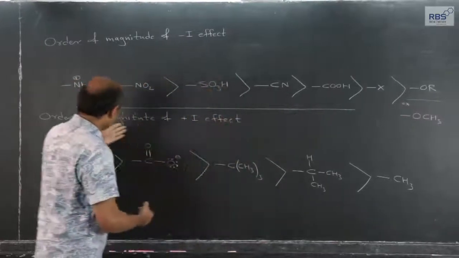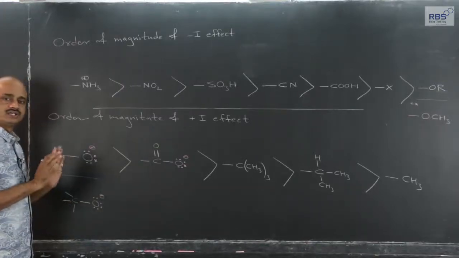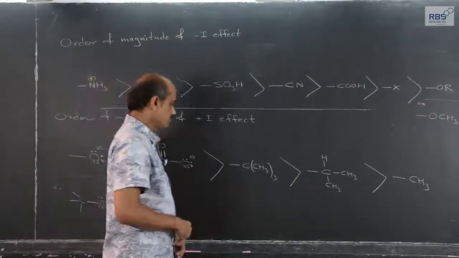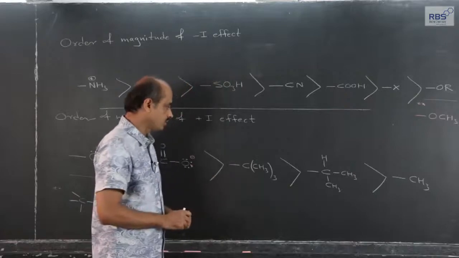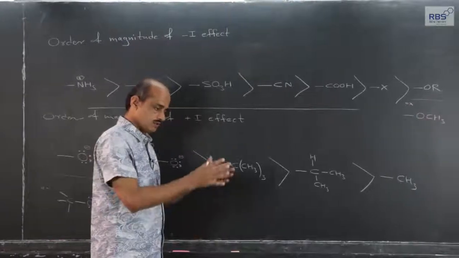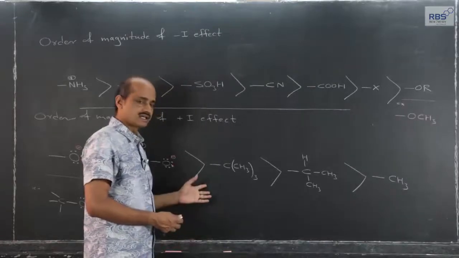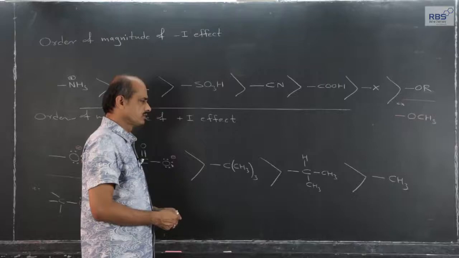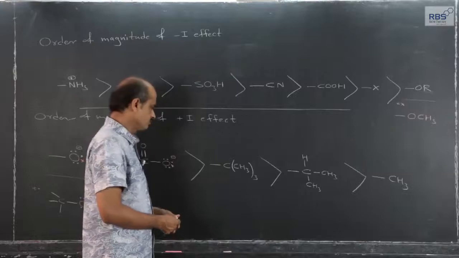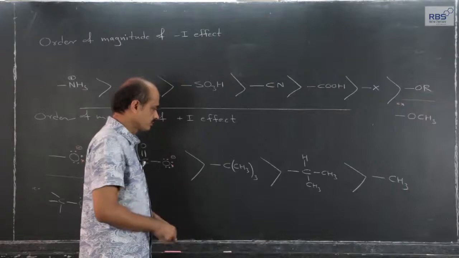And below this is the order of magnitude of plus I effect, positive inductive effect, the groups which have a tendency to release the electron density away from them. Up till now we have just focused on, or given thrust on, alkyl groups, because it is more important as far as our 11th, 12th routine syllabus and various multiple choice MCQ type exams are concerned. Alkyl group is sufficient, but still for the sake of discussion, at least in this lecture, we should consider other groups also. And after this I am going to consider a few examples for those groups.